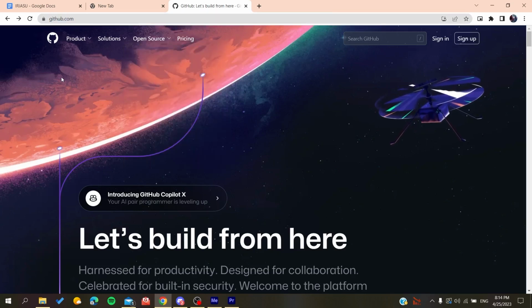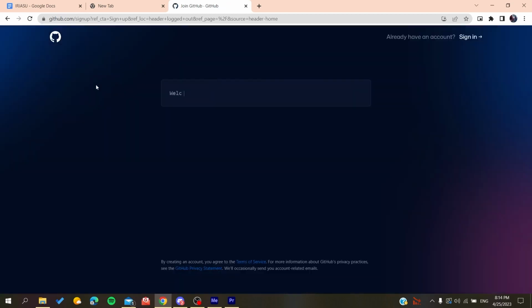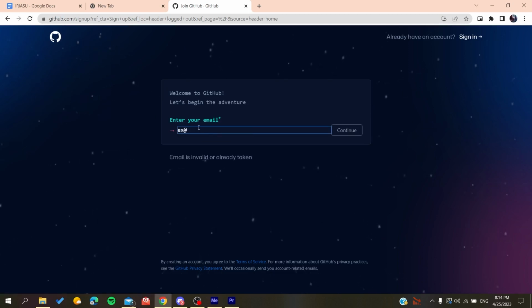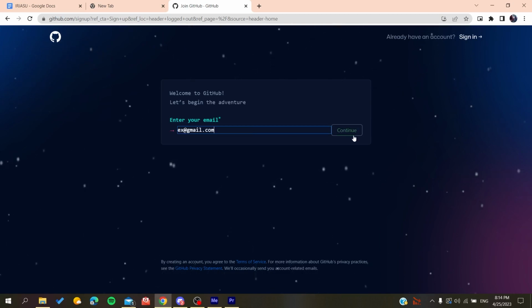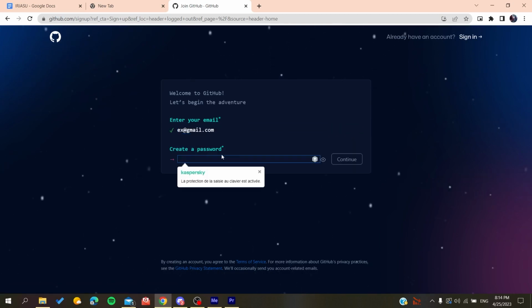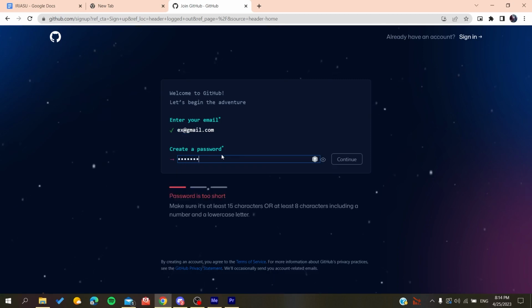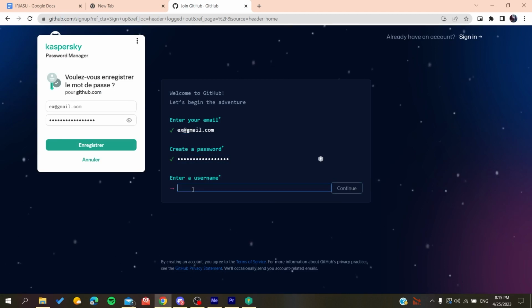And now we will need to create an account so we can use the GitHub services. So basically all we need to do is click on sign up and then it will redirect us to the sign up page. Now you need to add your email, gmail.com or any other email that you are using. You click on continue, you create a password. If it was anything like that, you click on continue and then you will add a username, for example